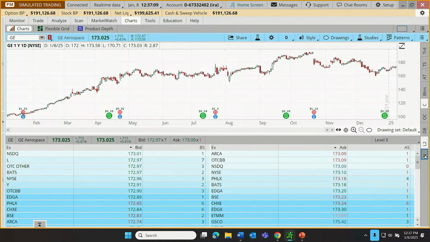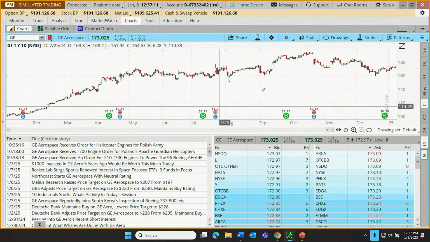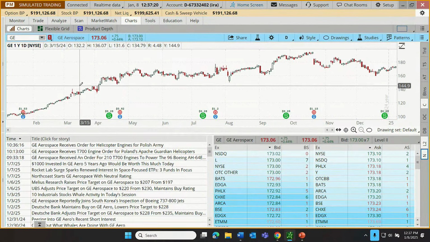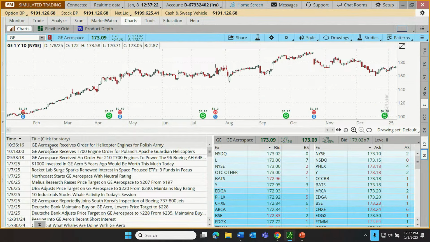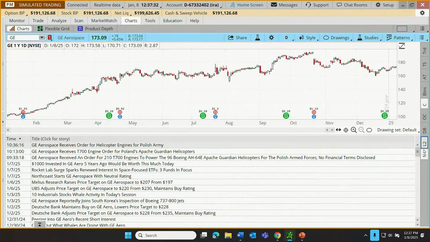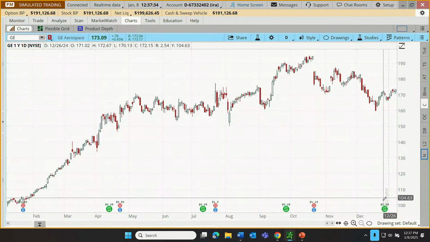And let's add our live news. So there we can have the chart, we could have our level 2 information, and we have our live news for the charted stock. This live news, if you haven't seen that before, you can actually even just click on a headline, and if there's an associated article with that headline, it'll bring that up for us. So pretty nifty functionalities there.